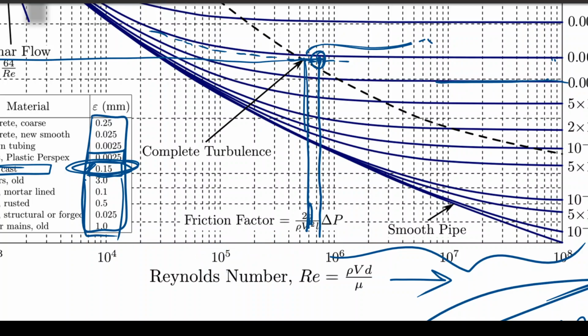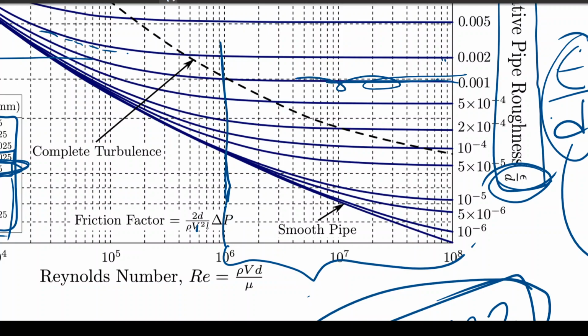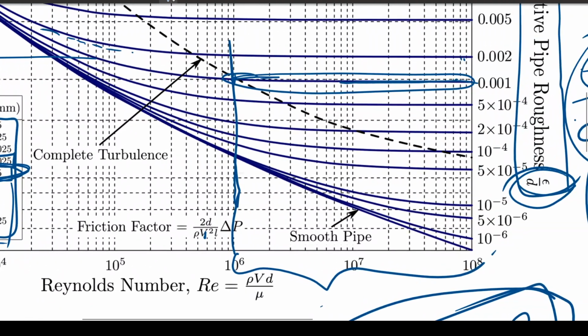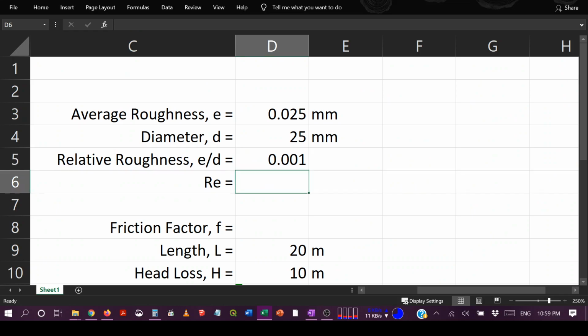Now let's again say we have assumed that the Reynolds number, since we don't yet know it, is again greater than 10 to the power 6. That means from here onwards. So if it is greater than 10 to the power 6, then for this curve it will be again approximately constant at about 0.02 approximately. It can be 0.019, but let's assume it is 0.02. So using that value, now in Excel let's put friction factor value